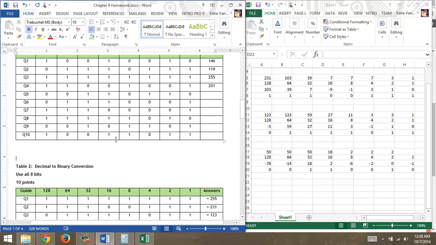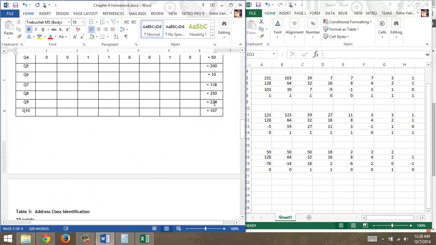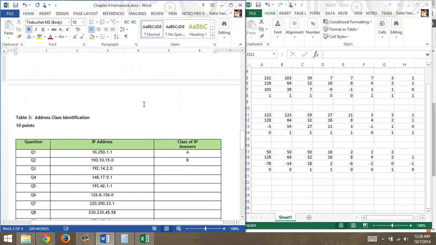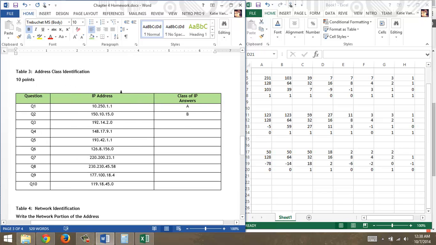So once you get these tables, you'll get binary. You'll get subnetting. Now, the biggest problem that's introduced in this chapter 4 with IP version 4 compared to IP version 6 is that with IP version 4 there's a limited number of IPs, so we have to expand it somehow, and what we do is we subnet